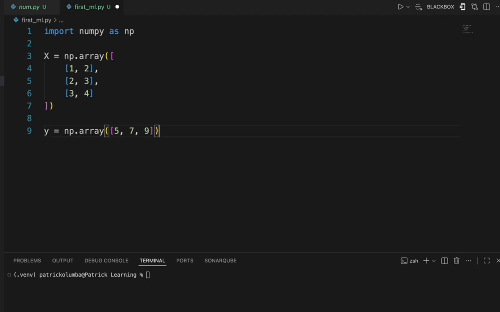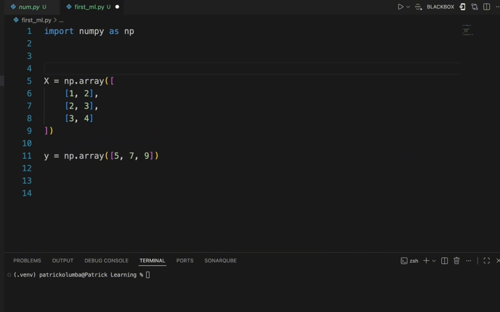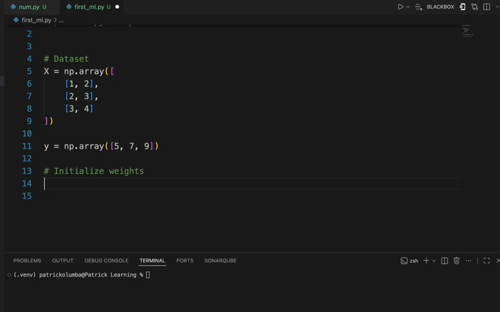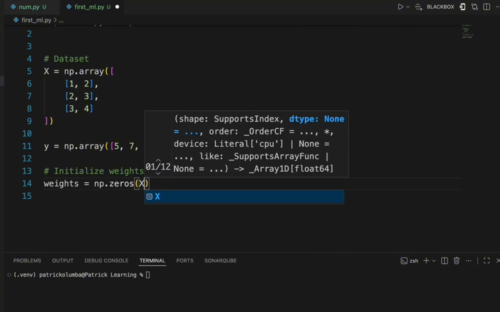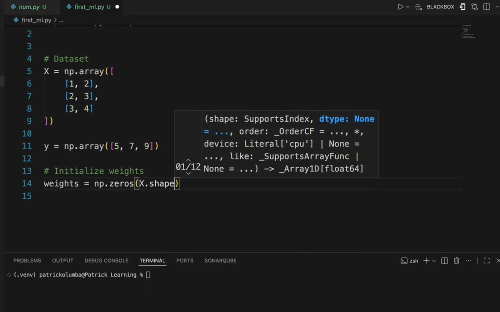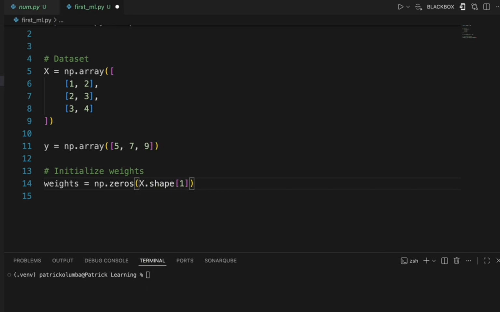Since we have that, let's move forward to step 2, which is initializing weights. All right, how do we initialize weights here? Let me call this datasets, and I will call this one initialize weights. So how do we initialize weights here? We'll call weights equals np.zeros, and we go X.shape, and we are just going to pass 1 there because we need the